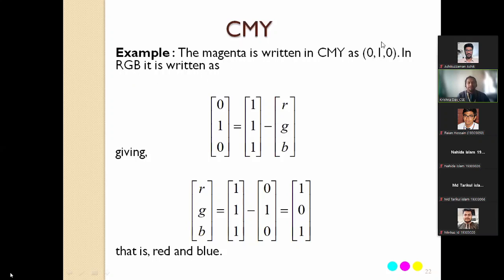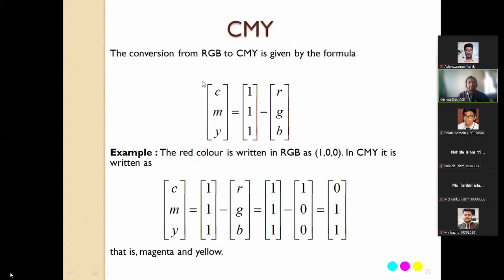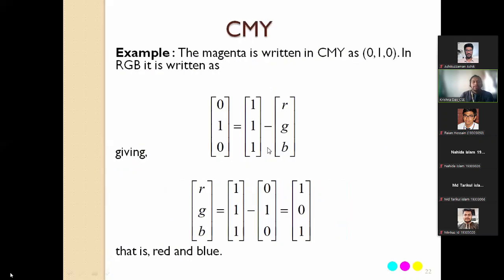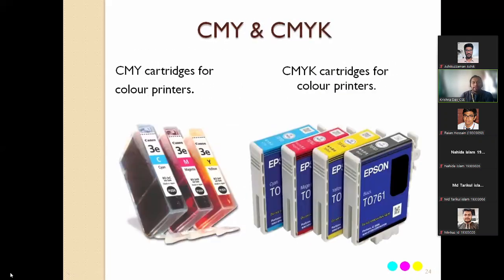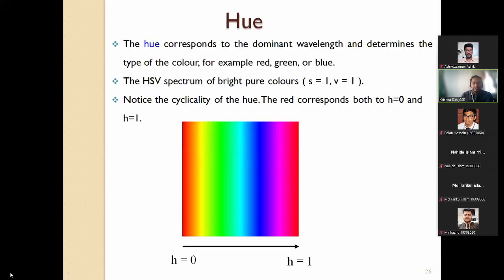So this question, whenever it is given in CMY and you are asked to find it in RGB, then you have to draw the RGB color space to show that color. If the question says the RGB has been given and you need to find out the CMY, then you have to draw a CMY color space to show that one. So this conversion, and finally the HSB model, that is the thing that you can take preparation for.